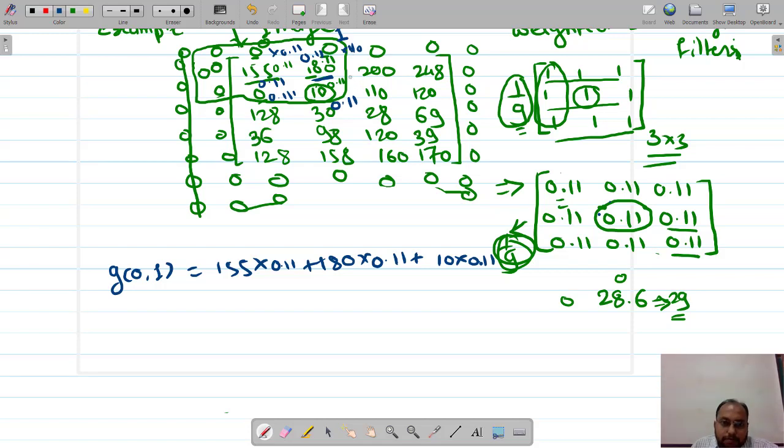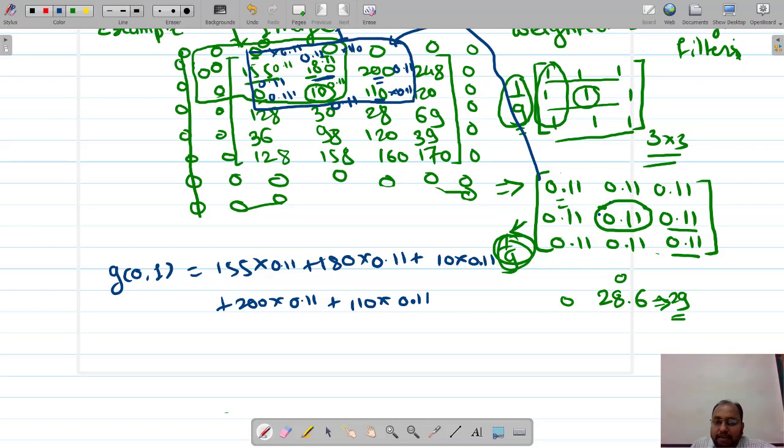Okay, fine, and these two also there. All right, yes, so 0.11 into 0.11. Okay, because the center element is over here, and now this is my new area over which this matrix, the filter mask, is going to operate, right? So this filter mask is going to operate over this area. So 200 into my 0.11 will also be there. So 200 multiplied by 0.11 plus similarly 110 into 0.11.